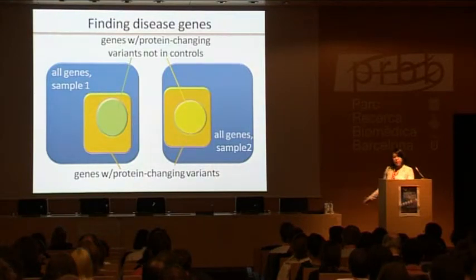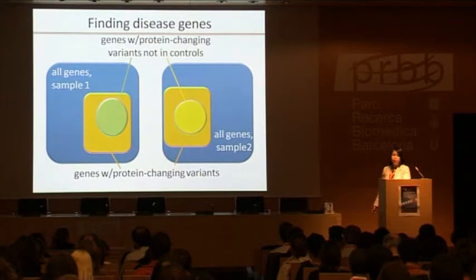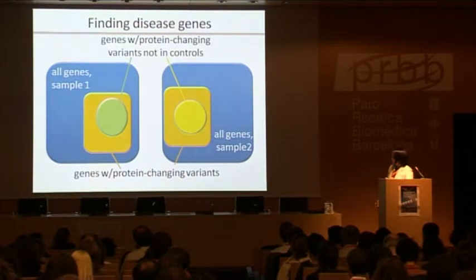And what we can then do is intersect the smaller set among different individuals, assuming that the same gene will be mutated among individuals. So there are a number of assumptions that we're making right here. First off, that our disease mutation would be coding. So that's a major assumption. The second one is that it's highly penetrant, such that we're not going to see it in any databases or